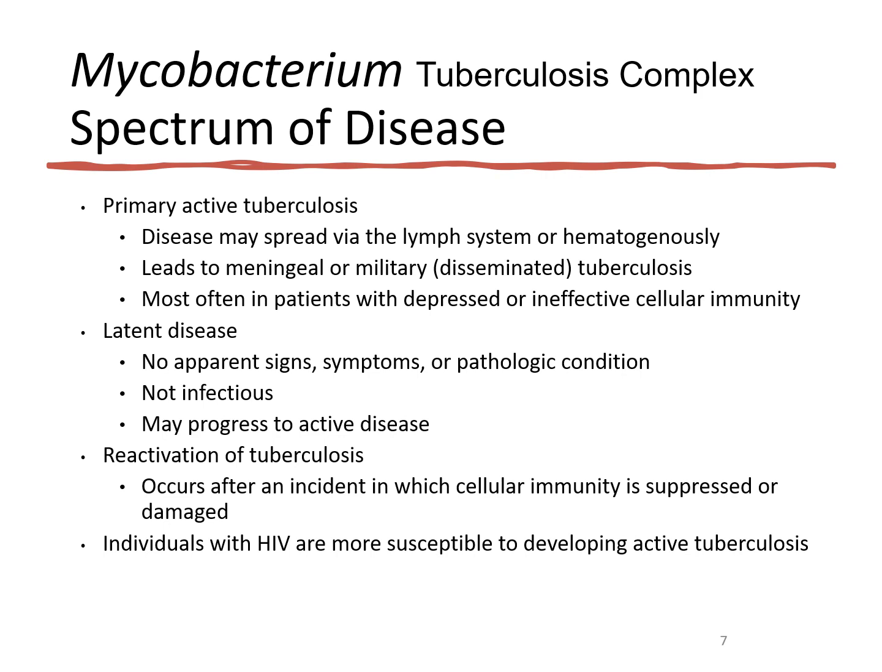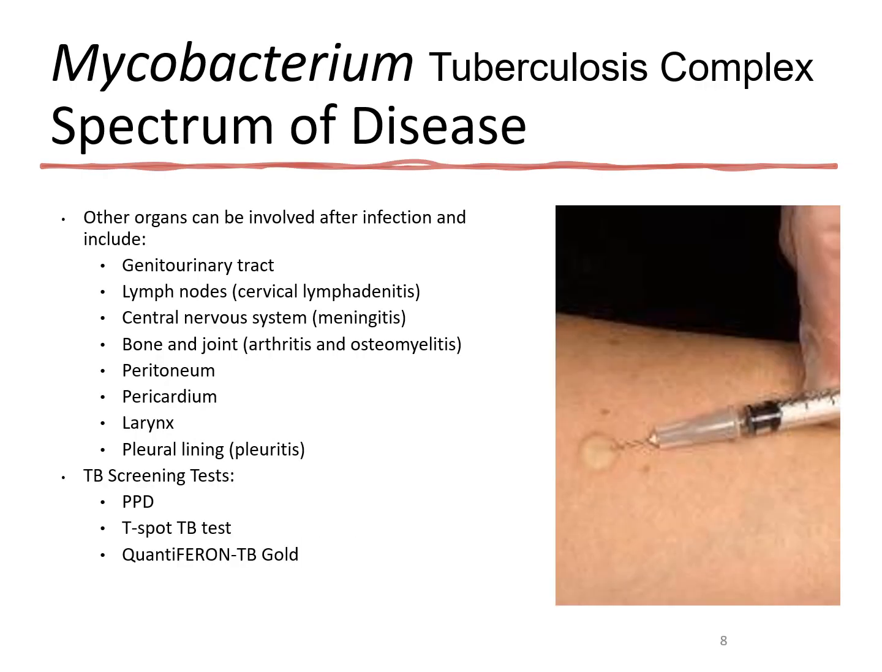And of course, again, individuals with HIV are more susceptible to developing an active tuberculosis infection. So there can be other organ involvement with a tuberculosis infection. So you can have the genitourinary tract, lymph nodes, the central nervous system, bones, joints, the pleural lining of the lungs, and of course, again,